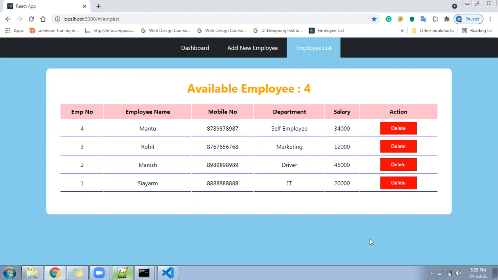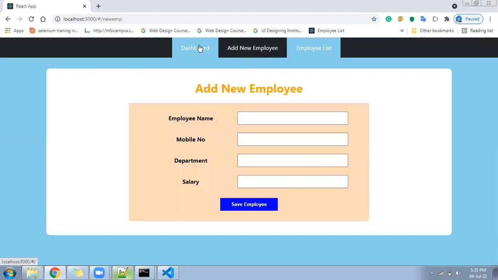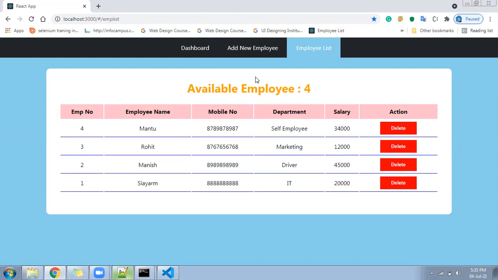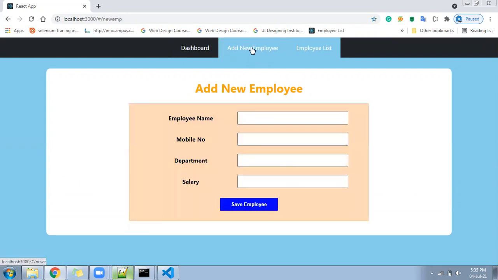In the first video, I designed the layout and then we made the routing. That's the routing we have made here. After that, in the second video, part 2, you saw how to save the data in the JSON and how to retrieve the data from JSON. Those are these 2 pages we have made. If you have not seen video number 2, I suggest you have a look at it and implement it, then it will be much more helpful.